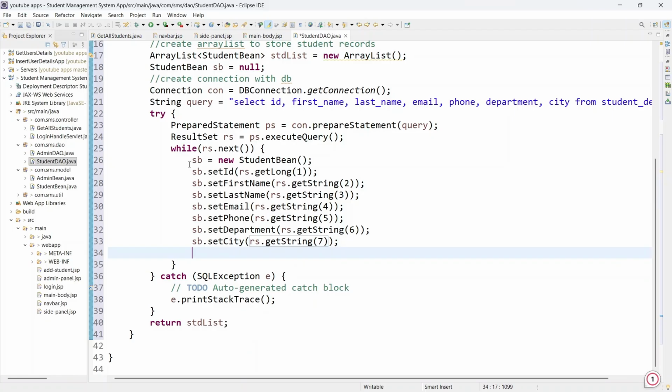From the student record received from the Oracle database, we have stored them in the student bin object. Now we have to store the student bin object in the array list. So std list dot add